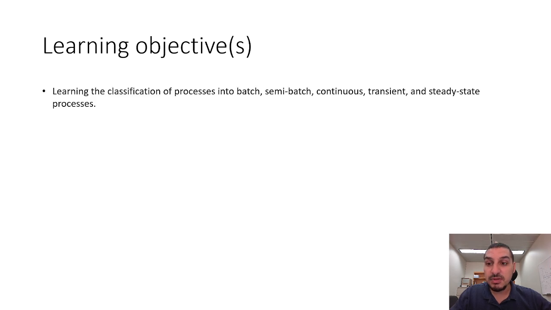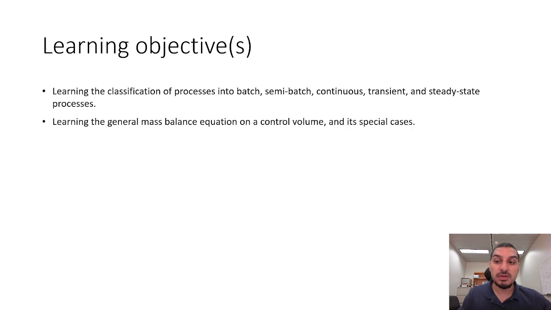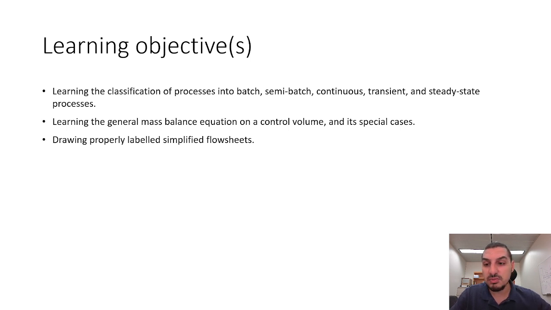In this chapter, we will learn how to classify different processes based on their nature, either batch, semi-batch, continuous, transient, and steady state. We will go through all these terminologies, which are very, very important terminologies. We will then learn the general mass balance equation, which is the basic equation, the conservation of mass equation that we will use to express any process or do the mass balance on any process, and